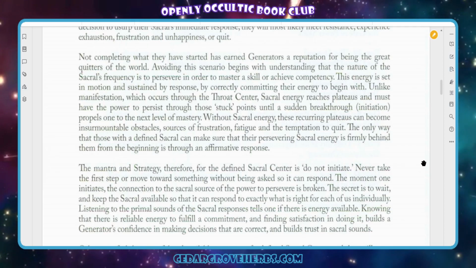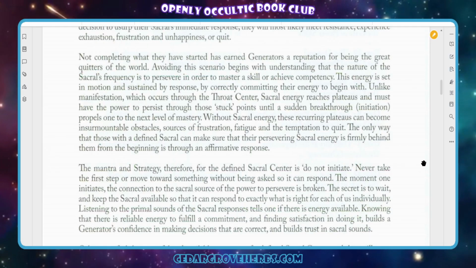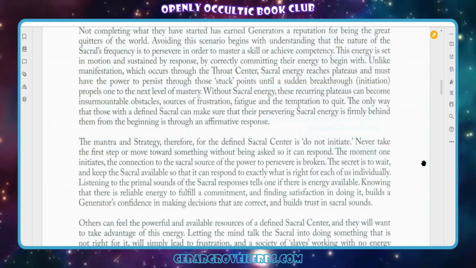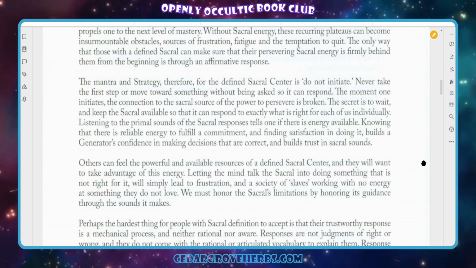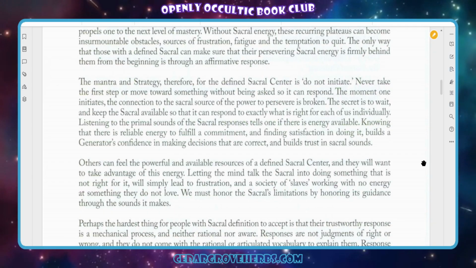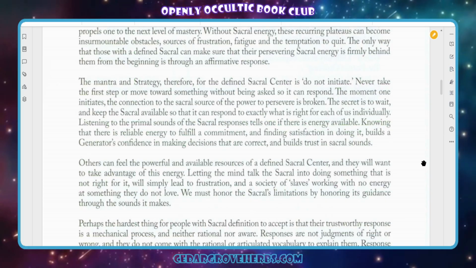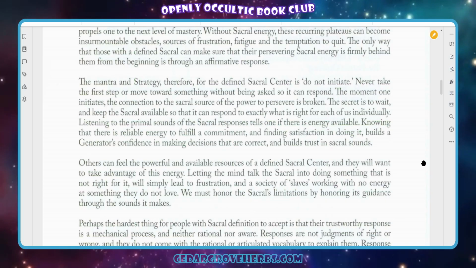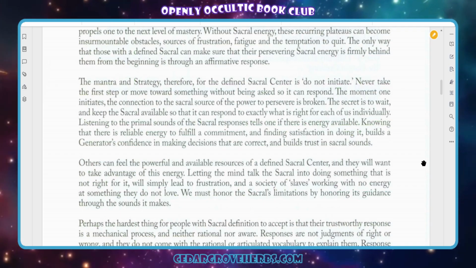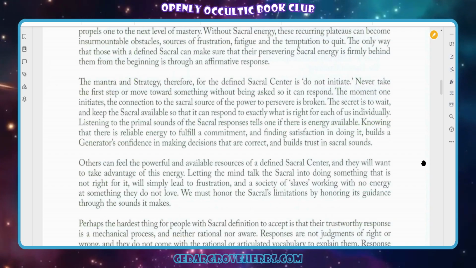The only way that those with a defined sacral can make sure that their persevering sacral energy is firmly behind them from the beginning is through an affirmative response. The mantra and strategy, therefore, for the defined sacral center is do not initiate. Never take the first step or move towards something without being asked so it can respond. The moment that one initiates, the connection to the sacral source of the power to persevere is broken. The secret is to wait and keep the sacral available so they can respond to exactly what is right for